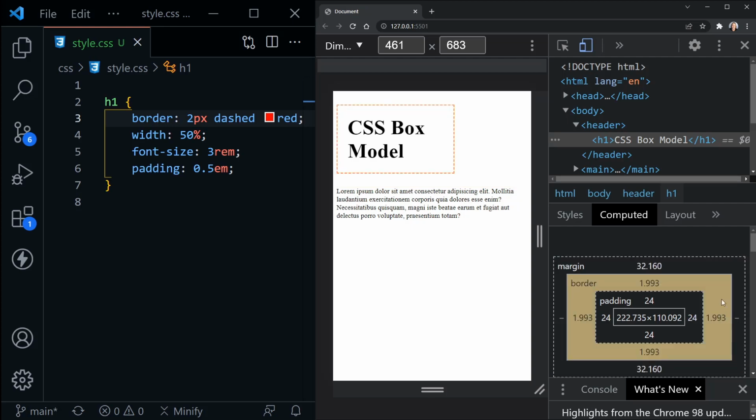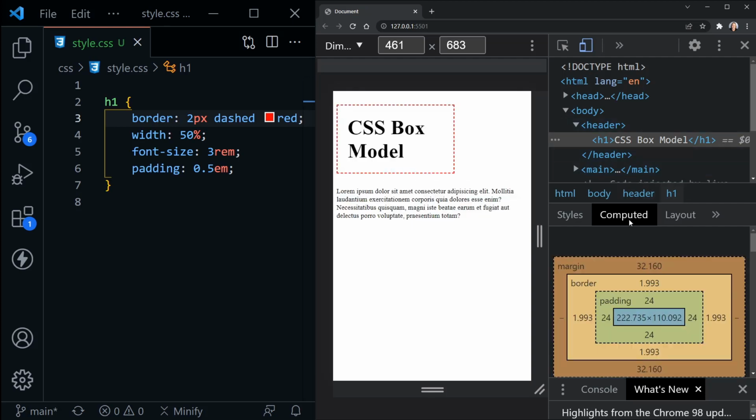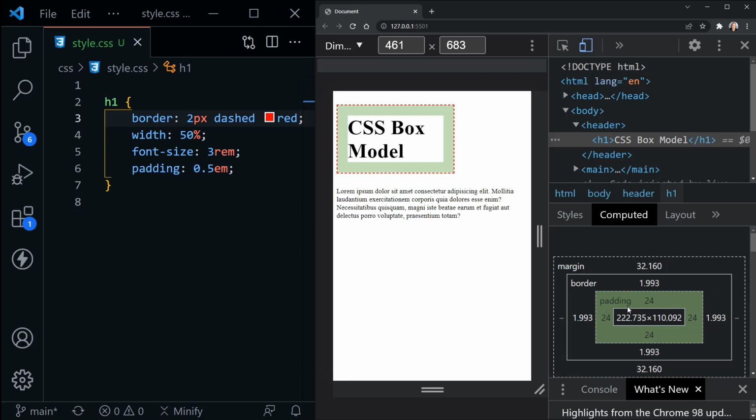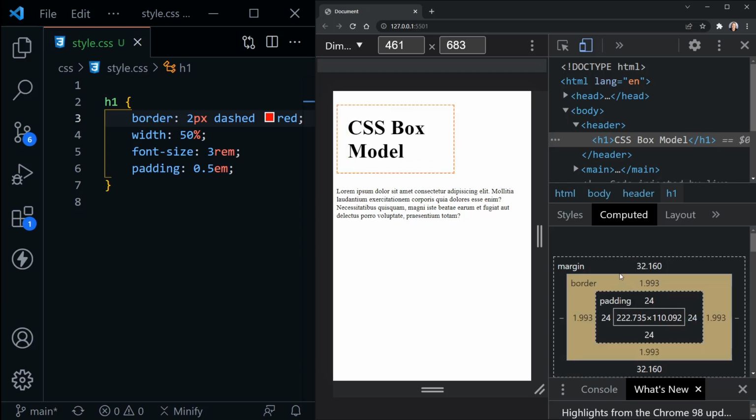So it's important that you remember how to get here in DevTools. We're on this Computed tab below, and you always want to be able to bring up the box model to see exactly what's going on with your elements. After that, it's also important to just memorize the different layers of the CSS box model. So starting on the inside, we have content, then we have padding, then we have border, and finally we have